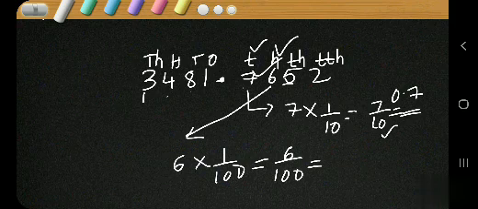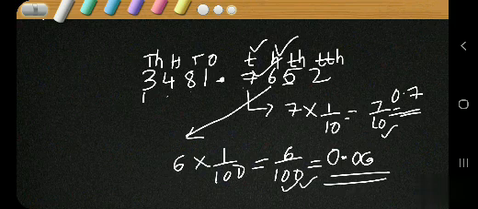How many decimal places will be there in the answer? Yes, 2 decimal places will be there in the answer. Why? Because in 100 there are 2 zeros. Only one digit, 6, is given, so for the second place we have to put 0. So 0.06 is the answer. This is the place value of the digit 6, isn't it?